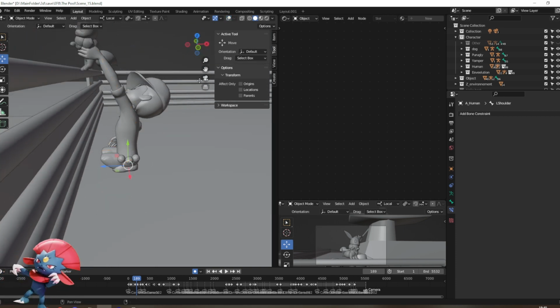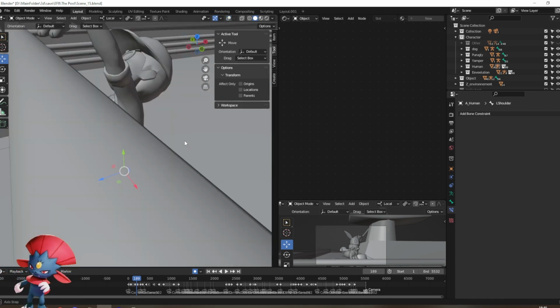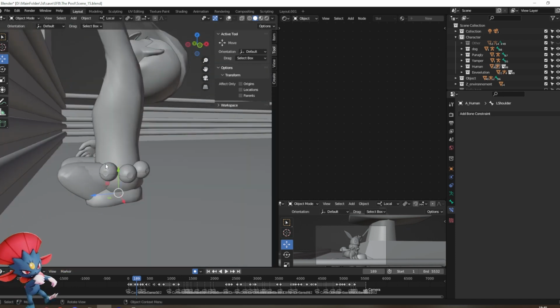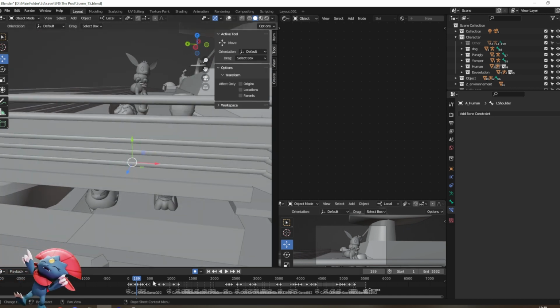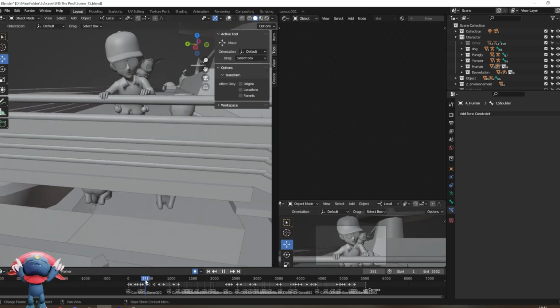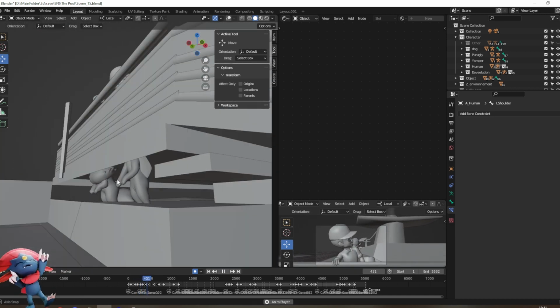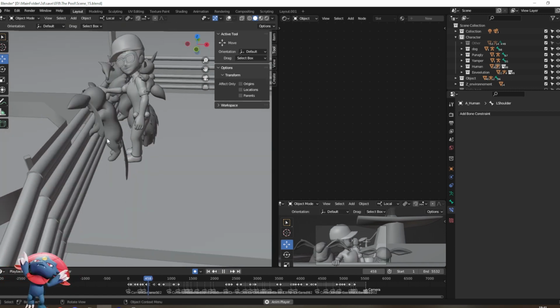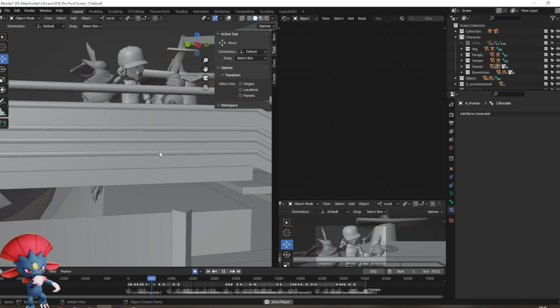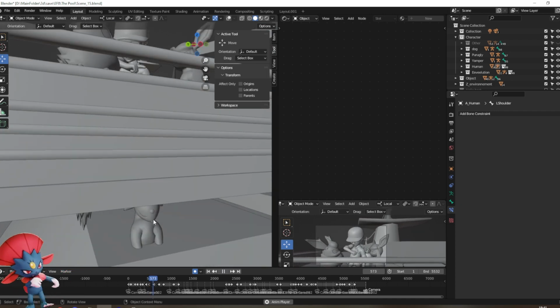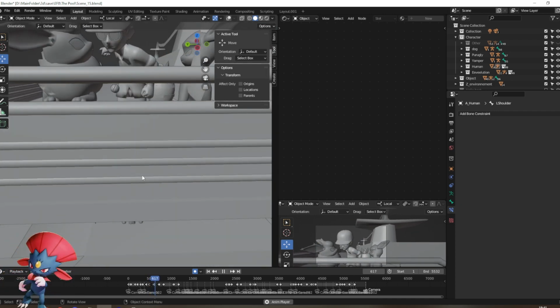The legs are kind of broken, but we don't see it, so we don't care. And here, when the character jumps, they go through the ground. Whoopsie! And it will be the same thing for Espeon. Hop, here, and whoopsie!